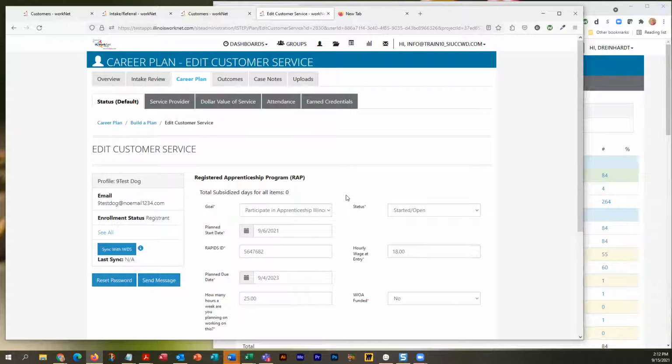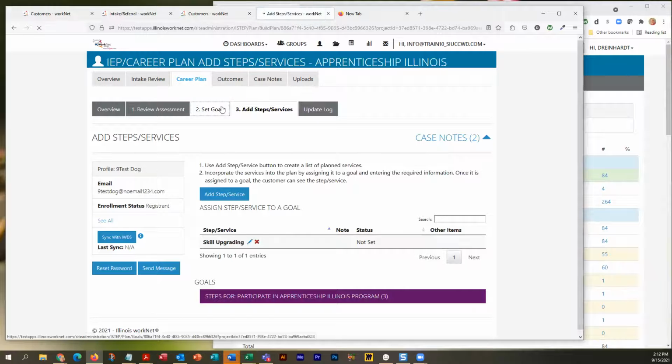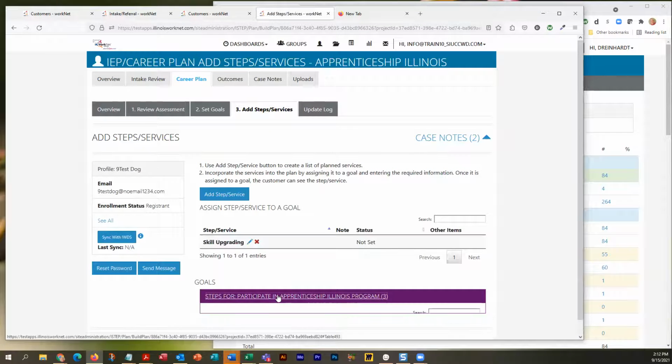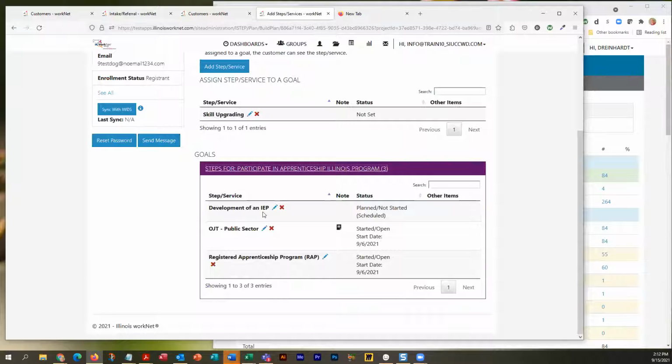I have a question. Does it matter which goal it goes under? We initially implemented a Participate in Apprenticeship Illinois program, and there was a step called Develop an IEP for each person, individual employment plan, so that you could do that step for each person.